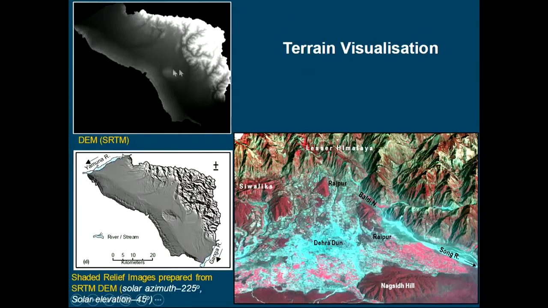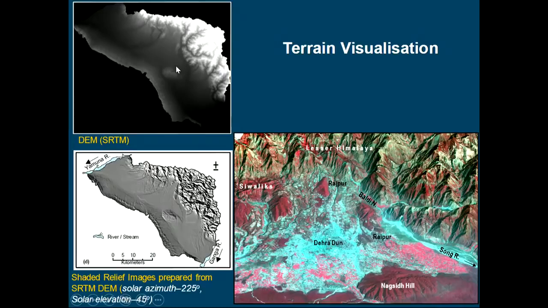Now if you say terrain visualization can be done, if I have the 3D data, I told you earlier also stereo data, from that I can create a height map, that is sometimes also called a digital elevation model. Raster vector model was there, but there is one more thing that is called digital elevation model. This is the elevation data or the height map of a particular area. It can be done. We can create this kind of visualization from this height map.